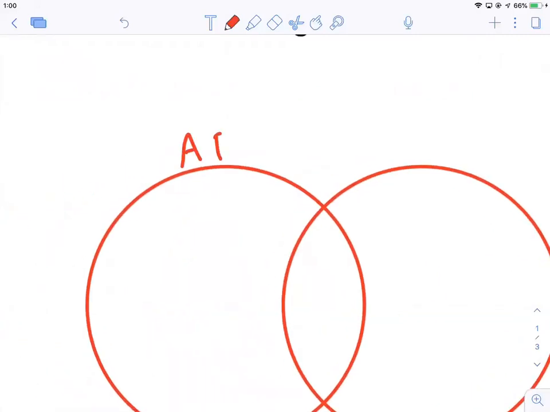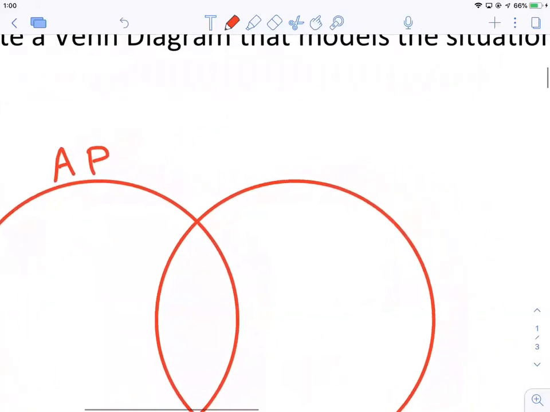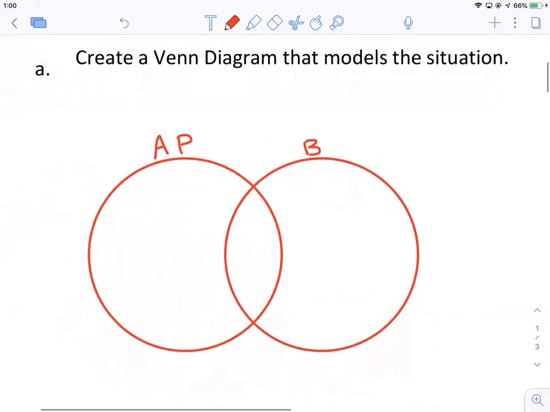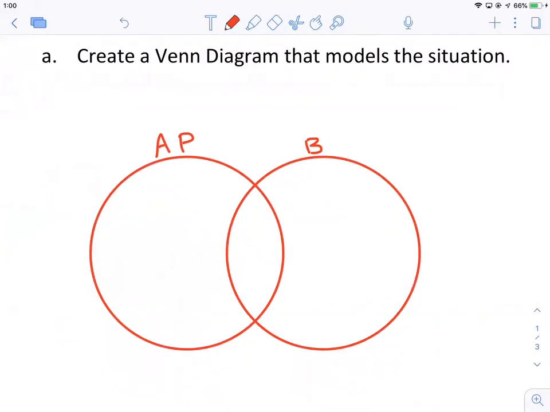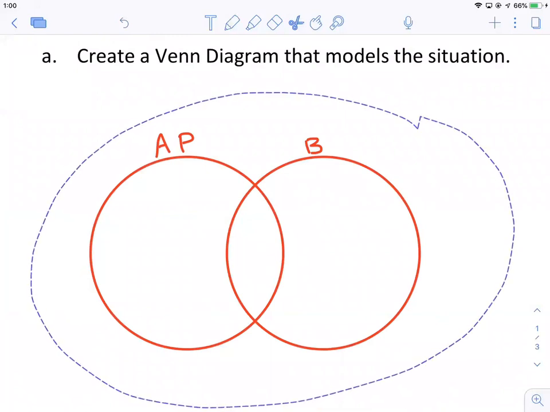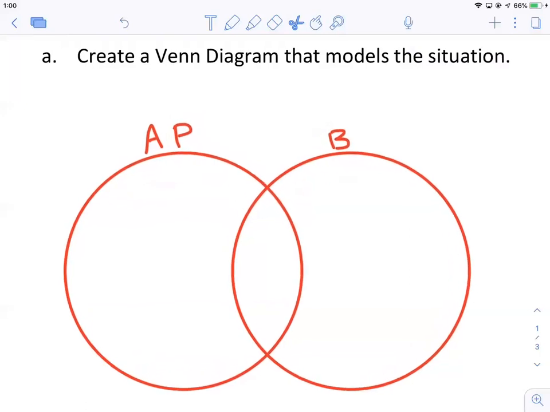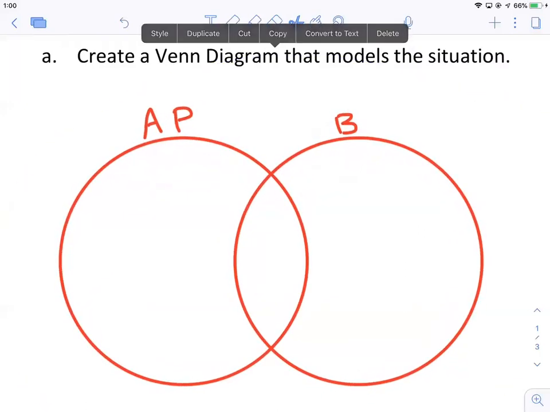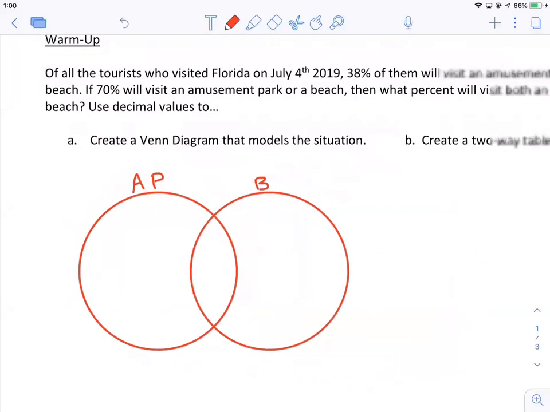well, one circle I can call amusement park, AP, and other I'll call B for beach. And that is an unfortunate abbreviation. Sorry if you're thinking about that now. Also, I know we can't go to amusement parks or beaches, so overall, just not a very fitting question. But anyway,